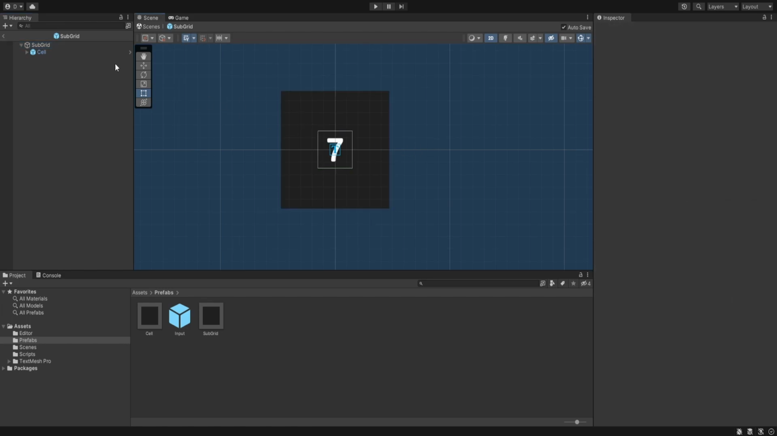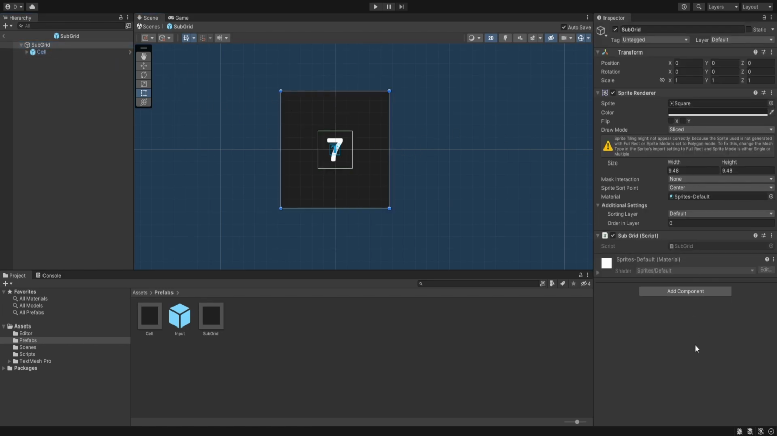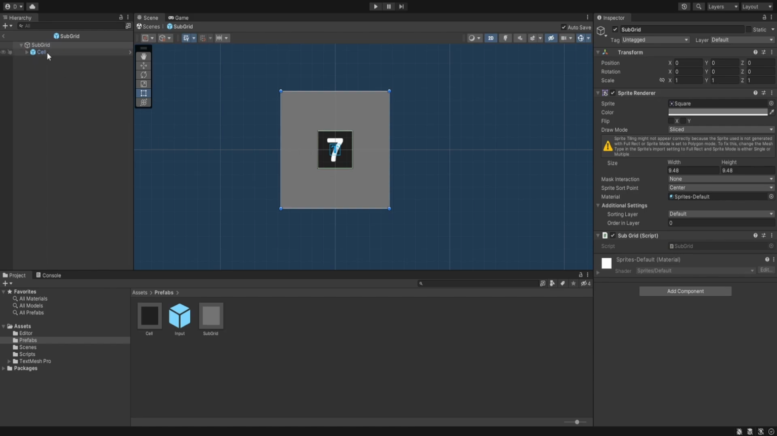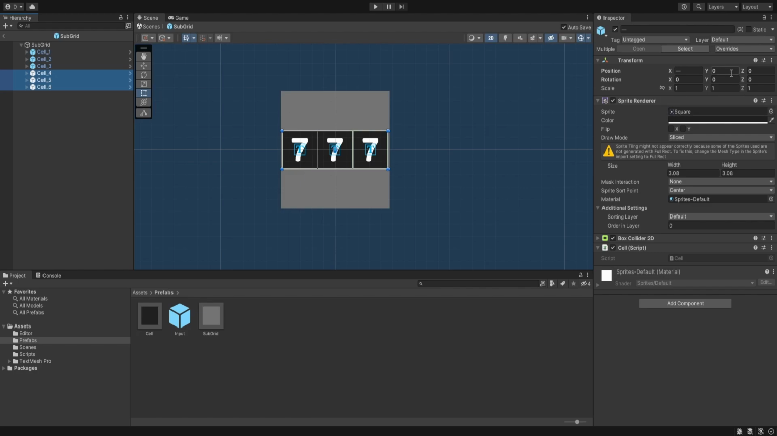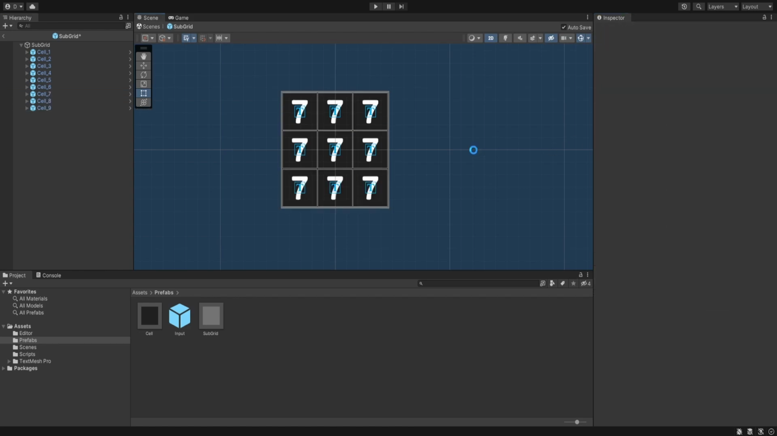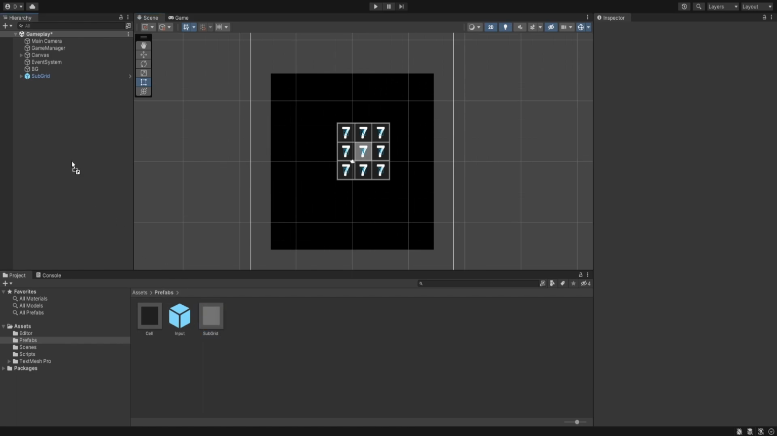So as you can see, our cell is attached here, and we'll rename this cell to 1, and we'll add one more cell, and it is going to be positioned at negative 3.08, and this one at positive, and we'll duplicate this, and this is going to be at positive, and again we'll duplicate this, and this is going to be at negative. So if we paste our subgrid,